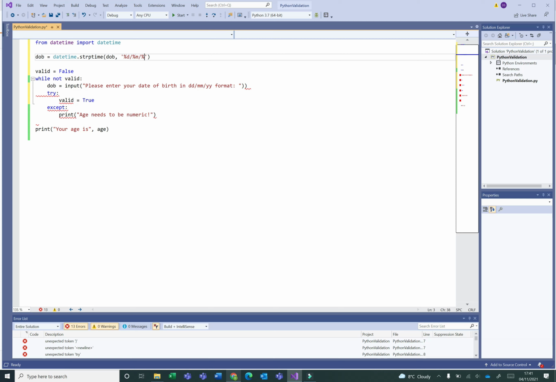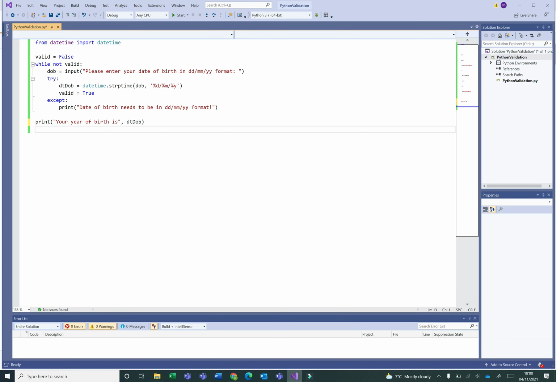So this takes this string, date of birth, based on this format that you're going to be typing in, the day, month and year with slashes between them, and then we'll be putting it in this datetime object. I'll call it datetime date of birth. Okay.